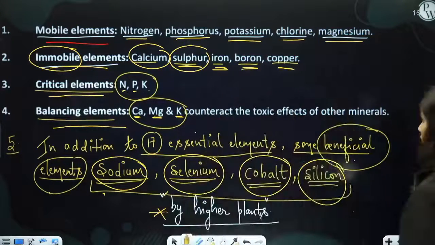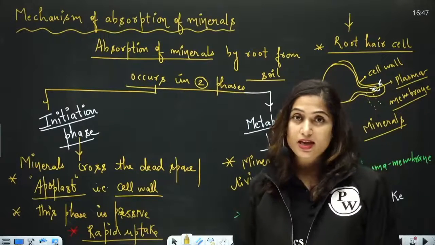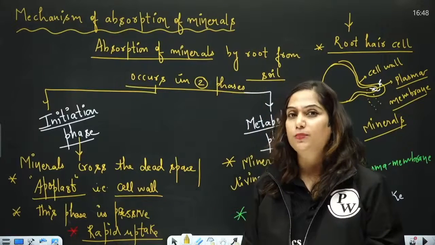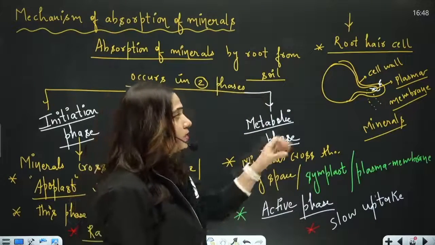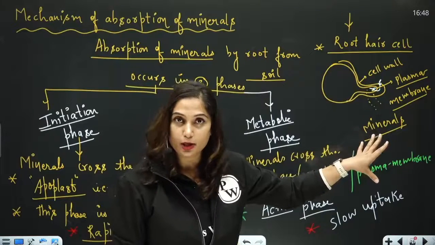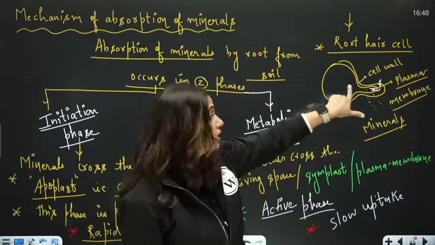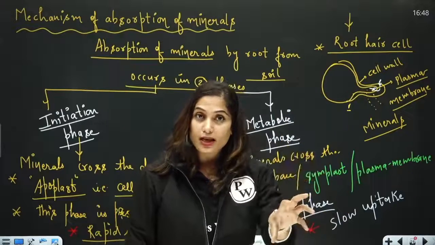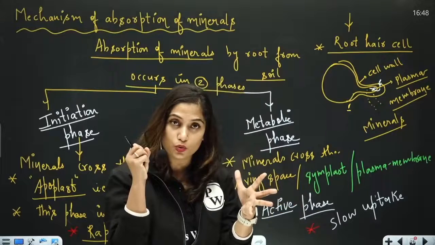Okay, let's move further. Now, this is also given in NCERT. Mechanism of absorption of minerals. This is discussed in Transport in Plants, but it is given in Mineral Nutrition, so let's discuss. So this is a root hair cell, okay? Root hair cell present in the epidermis of root. Obviously, it will have a cell wall, and below the cell wall, it will have the plasma membrane. So when the mineral elements from the soil are absorbed by the root,